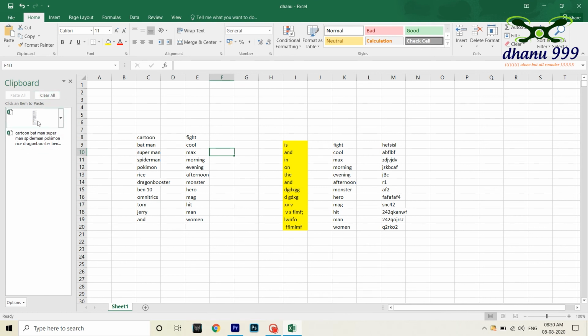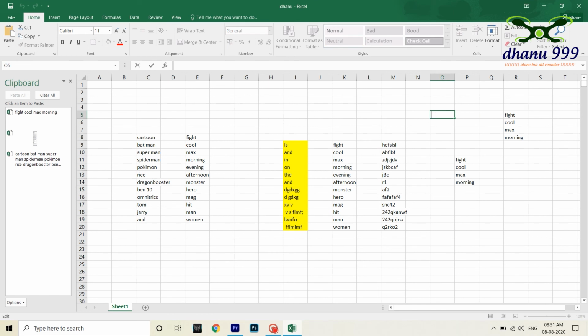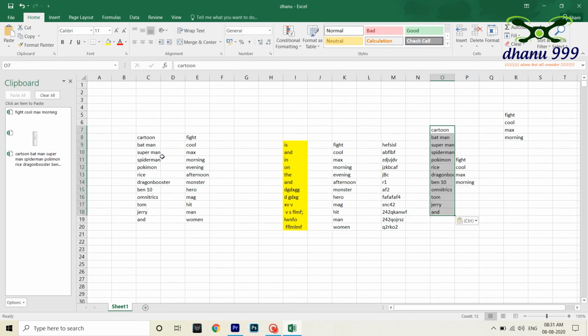So what's the option for this history? If we have different files, a number of files, in that we need to select what we should copy, so that we can use this history. For example, I will copy up to here. See here we got this, and I will select here and I will paste. See here, if I select this target cell and I press here, it came. If I use this, we got this. I have used this.